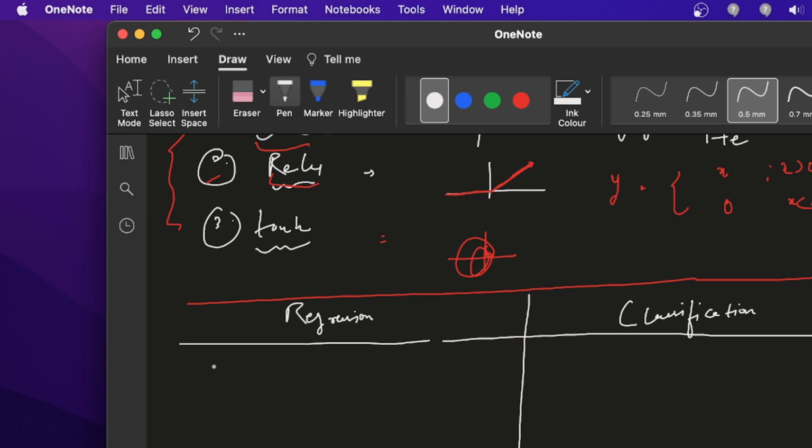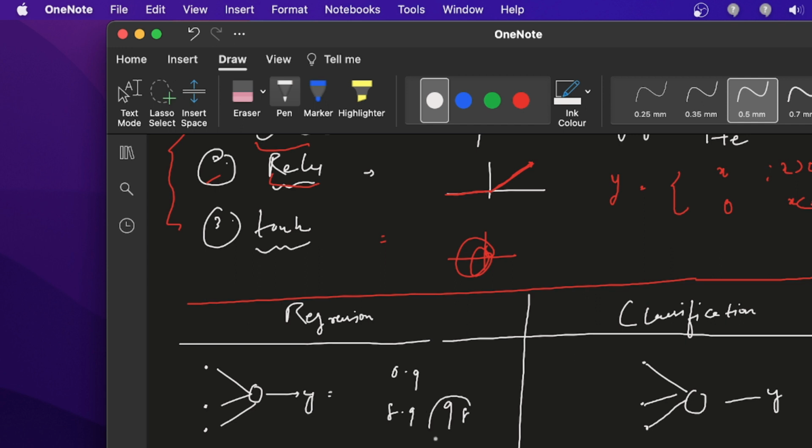Now see, a neural network works like this: you pass the input through a network and you get the output. Same as a neural network, nothing else. The neural network passes the input through a network and gets the output. Clear. So now here the output is like a fixed value like 0.9, 89, 8.9 or 98, it could be anything in a regression. And in the classification, the output will be 0 or 1 maybe. So let's see how we can solve that.